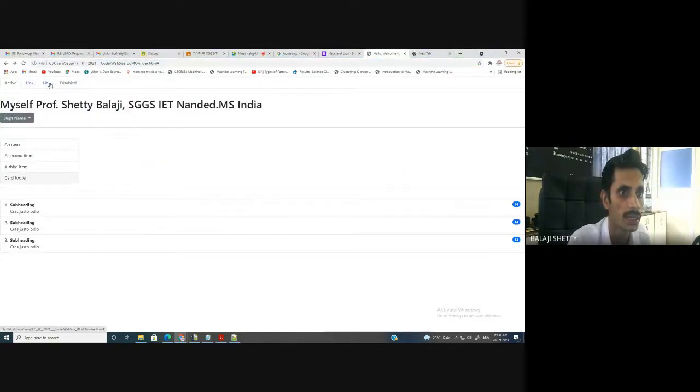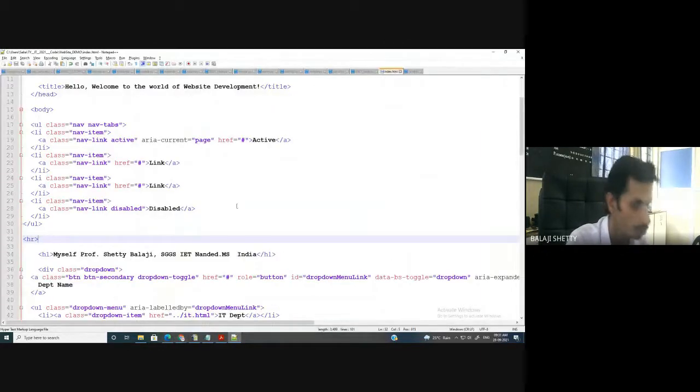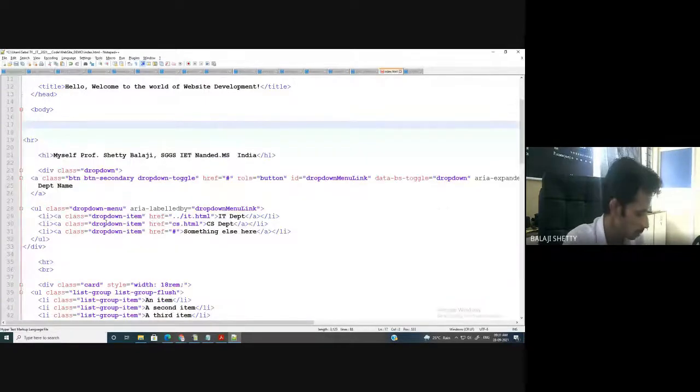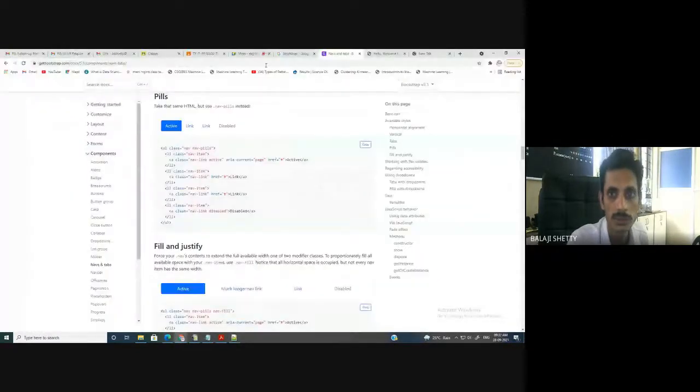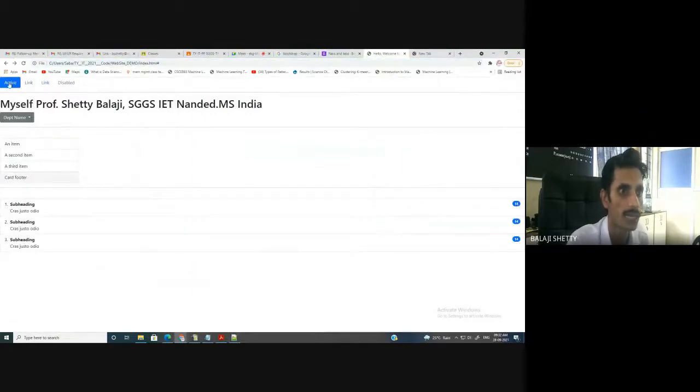Active link, link disable. Okay, can you see the navigation bar? Yes or no? So here in this way you can use this navigation, or if you want to use this navigation bar, copy this. Okay, go to your previous code, and here I want to skip this thing. Control V, Control S. Now you can see here active link, linked. Understood what I am doing now? In simple words, I conclude my lecture. Okay.